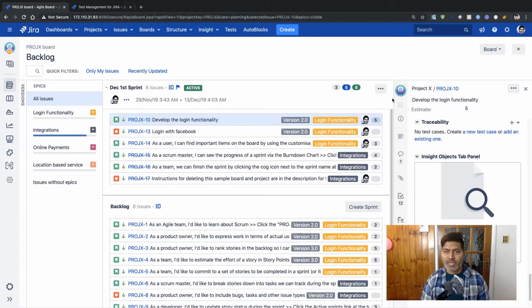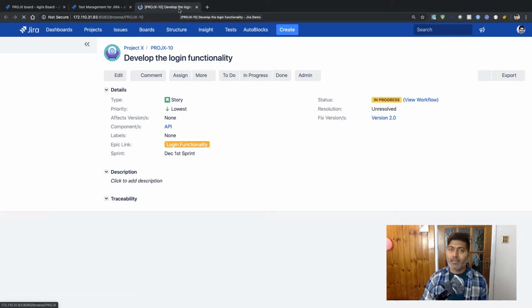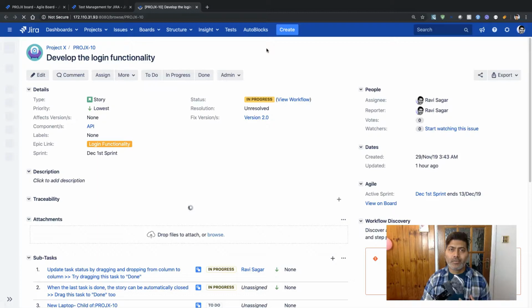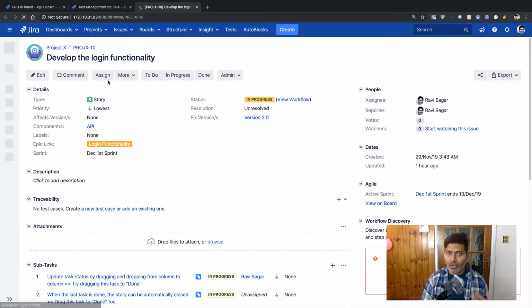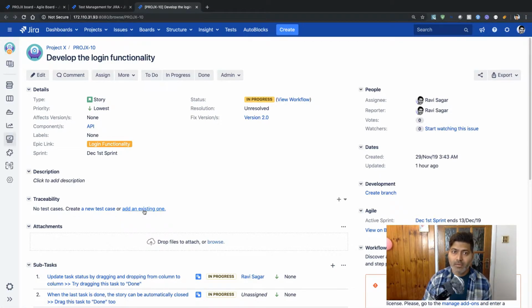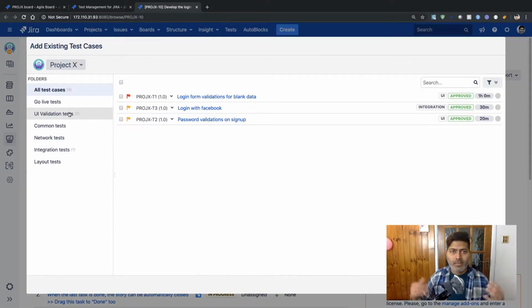So if you go back to the project, and let us say I click on my login functionality story, I want to take a look at my story, of course, but I also want to link it to my test case, which is already there in my test library or test repository. Right now it says develop the login functionality, which is great. I can see the details, but I want to link it to an existing test case. So I can click on this link, and when you click on it, you will be presented with this